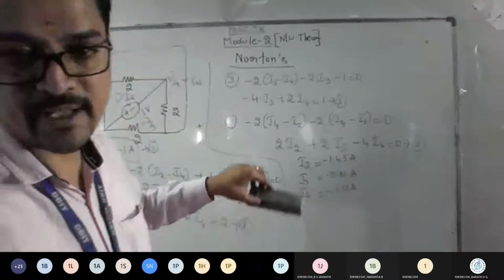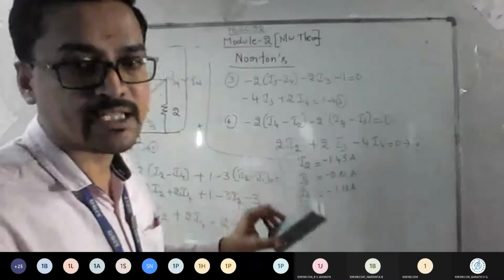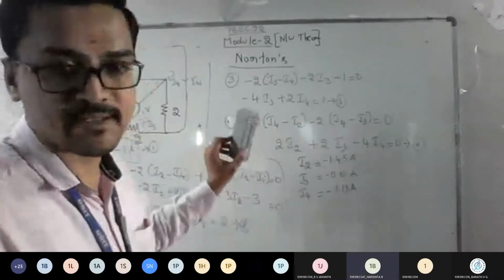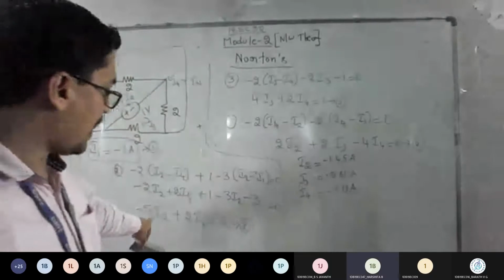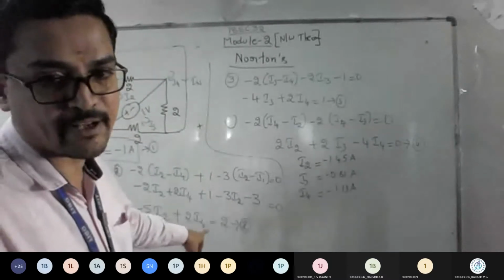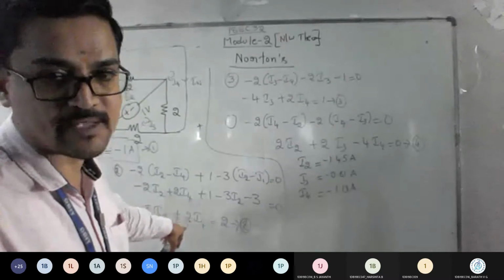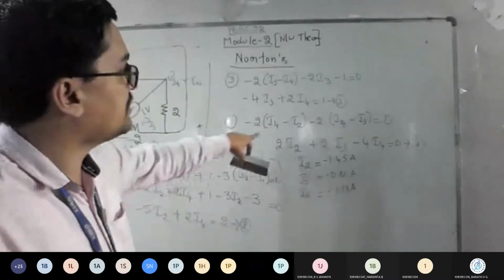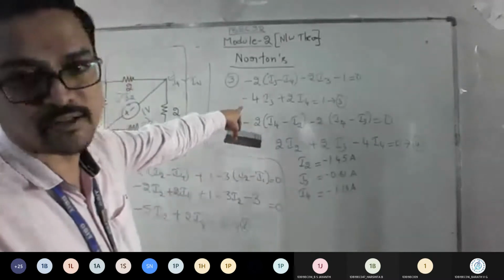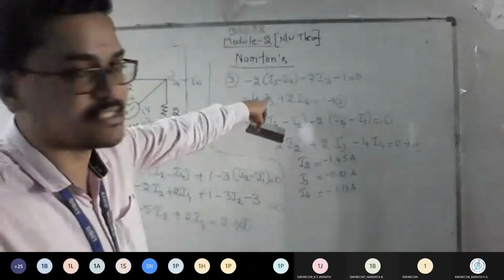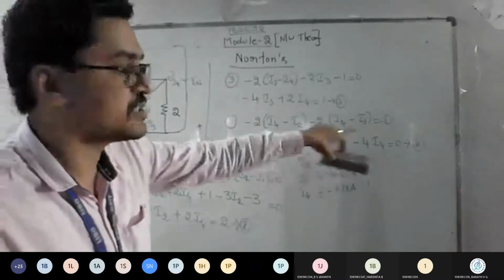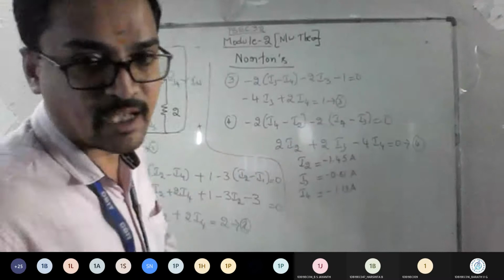Listen here. Before applying the values in the calculator, rearrange the equations clearly. You have 3 equations and 3 unknowns, so look at I2 first, then I3, then I4. Here -5 I2 is there, I3 is missing, so add plus 0 I3. Similarly, in equation number 3, I2 is not there, so I2 should be 0, then I3, then I4. In the last equation, all 3 values are there. So after entering them, what is the answer?